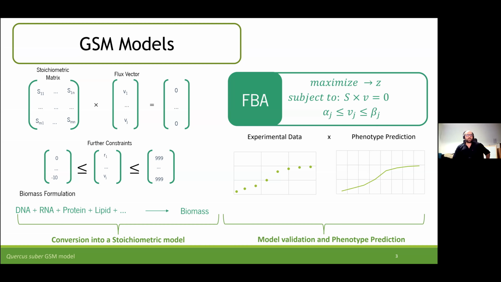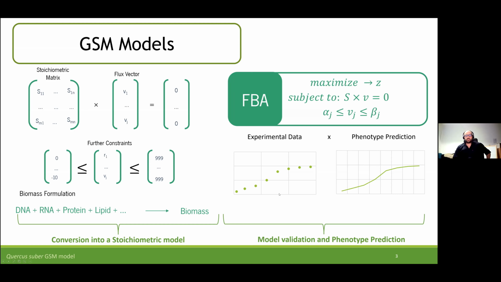It depends also on the organism that is being modeled, the type of macromolecules that we should include in this abstraction that represents the amount of macromolecules that we need to biosynthesize to create another unit of biomass. And finally, on the fourth stage, we can perform the model validation, usually by performing